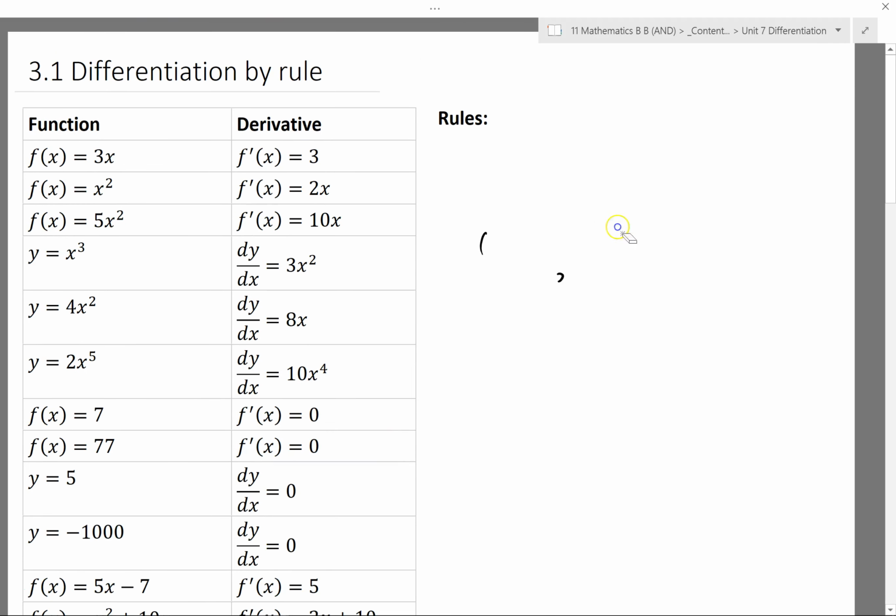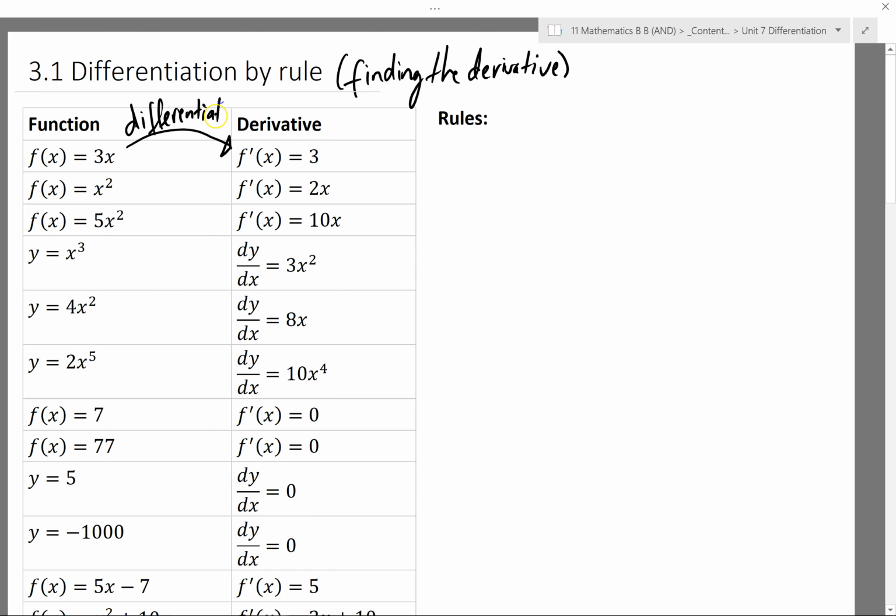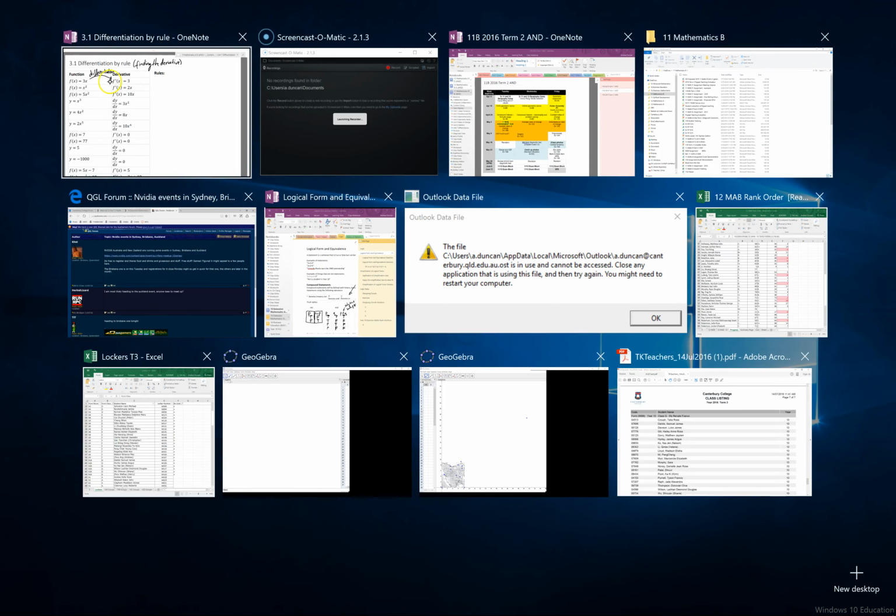Differentiation is really finding the derivative, and we can think of this process of going from the function to the derivative as differentiation. This is a list of functions and their derivatives,